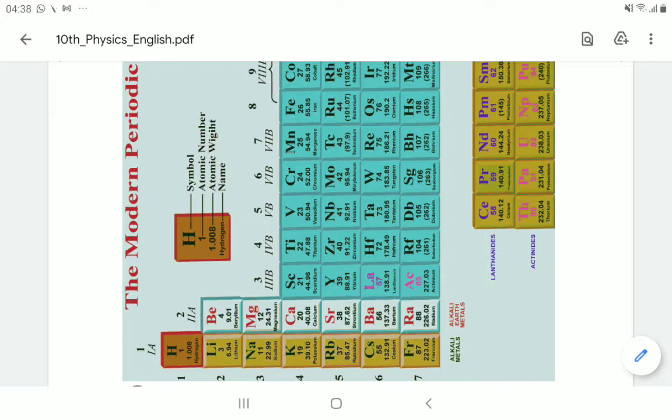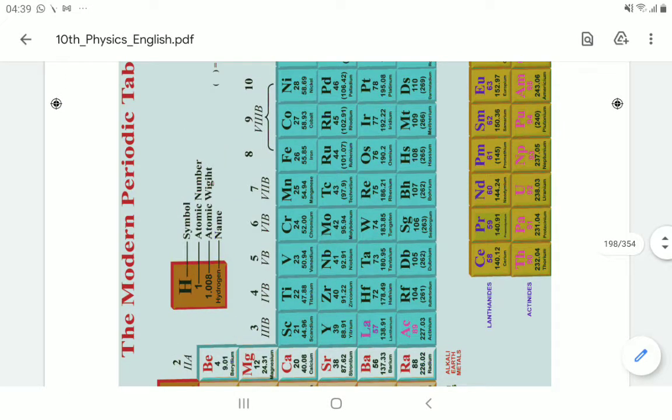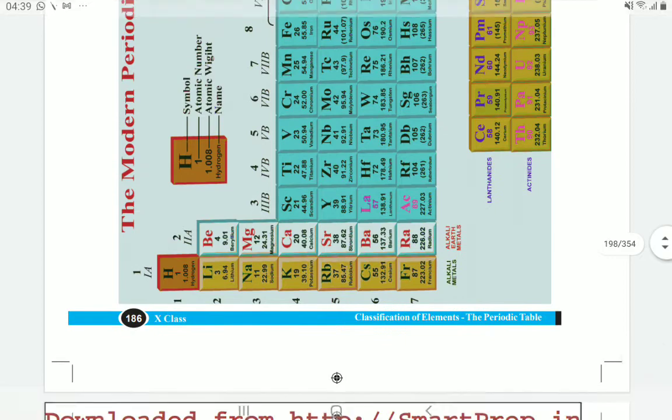The second period starts with the second main shell, L, and the L shell has two subshells, namely 2s and 2p. In the 2p subshell we have 6 electrons, and in the 2s subshell we have 2 electrons. In total, the second period has 8 elements in the second main shell. Like that, we will see the third period next.